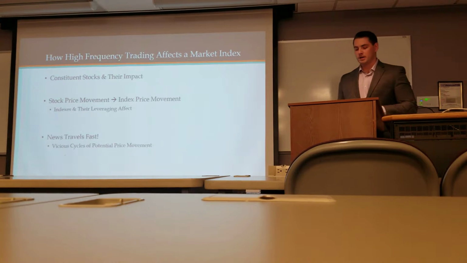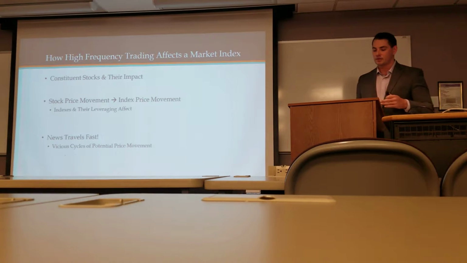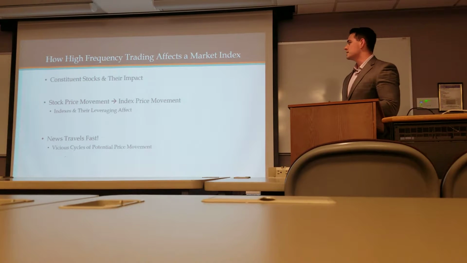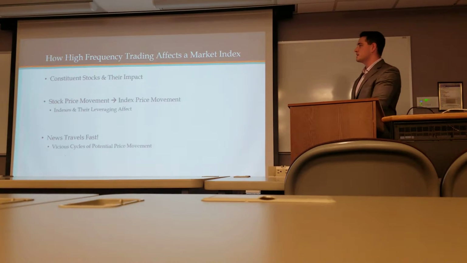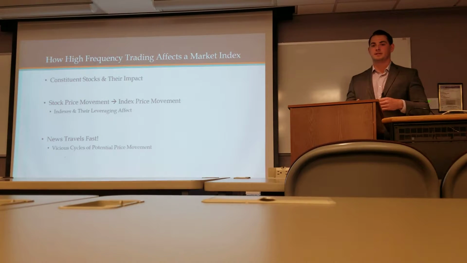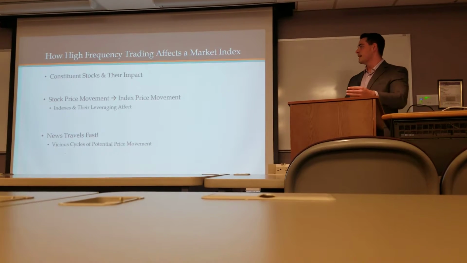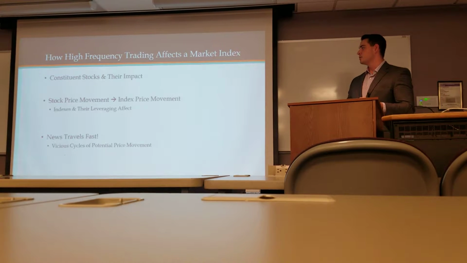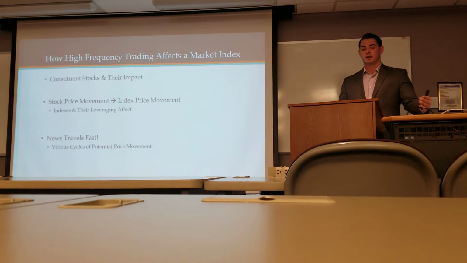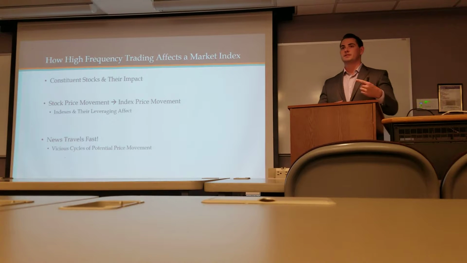And what they found was that indexes have what's called a leveraging effect on some of their stocks, which is actually kind of contradicting because it's the stock that impacts the index. And what they found was, with the high-speed movement of these price movements and the information with these stocks, news is now traveling faster. So with the impact of news traveling faster, index traders are able to modify the average weighted price of their index, which in turn that news travels back to other companies, their stock prices change, and it creates a vicious cycle.